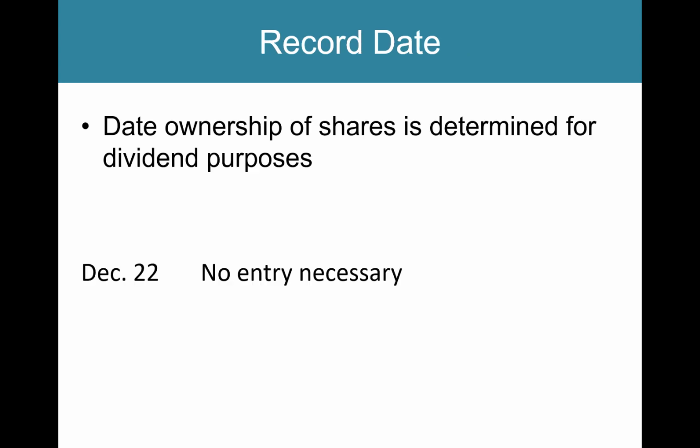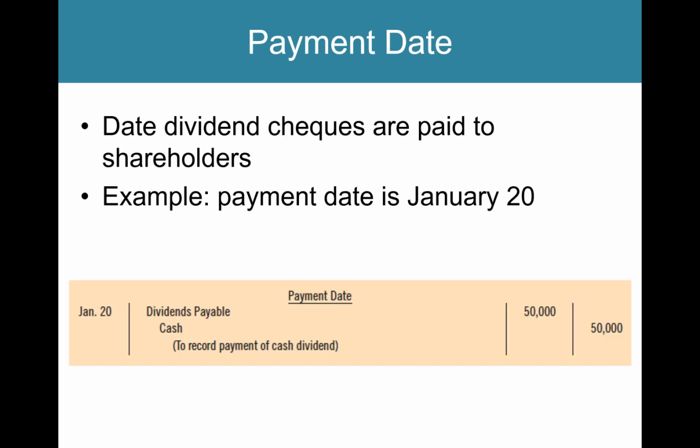The date of record is another date you need to be aware of. It's the day where we determine who actually gets the dividend. Now, there is no journal entry on this date, but for administrative purposes, we need to know who actually gets the dividend. And what I mean by that is shares are trading hands all the time, especially in a public market. So if every couple of minutes someone is buying a share, we need to know who actually gets access to that dividend. And we will set a dividend date that says whoever owns the share at that time on that date gets the dividend.